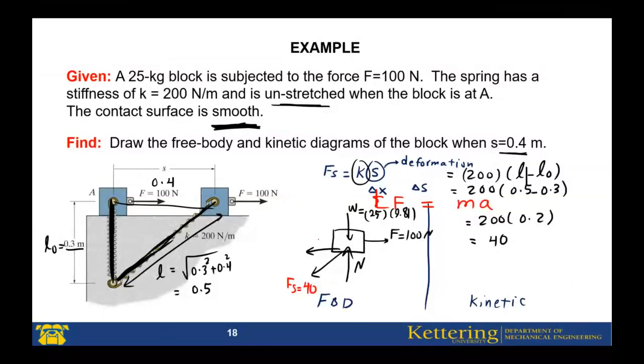And also, this one has an angle. To find this angle, because we want to find the forces along the x and the y, tangent theta equals this length divided by this length, 0.3 divided by 0.4. Theta is tangent inverse of 0.3 divided by 0.4. If you find this angle,